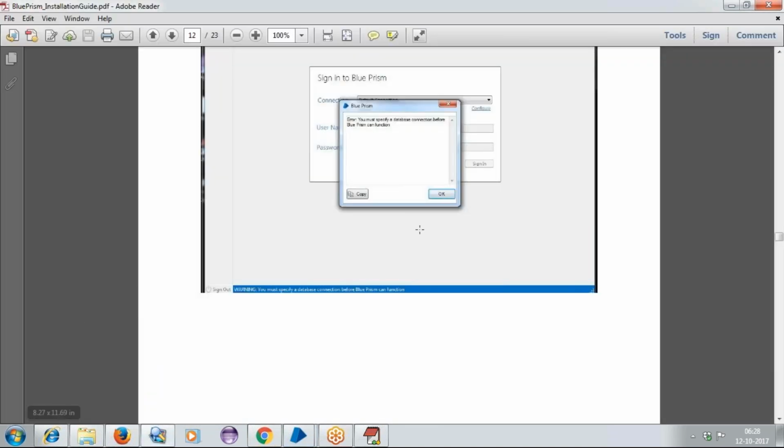So my Blue Prism installation has been completed. Before logging in, it will give a database error. The reason is we installed SQL Server, but specific to our database, we have not created any